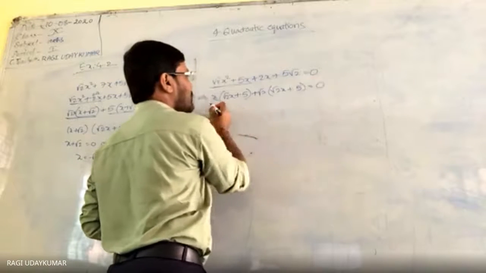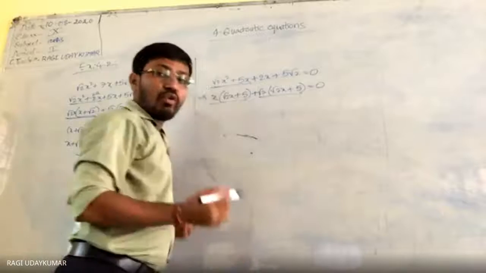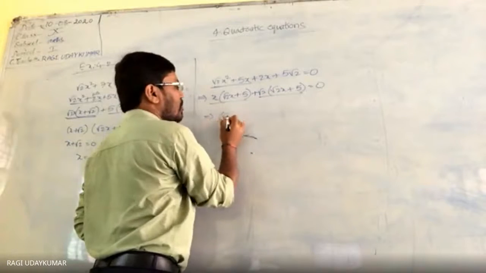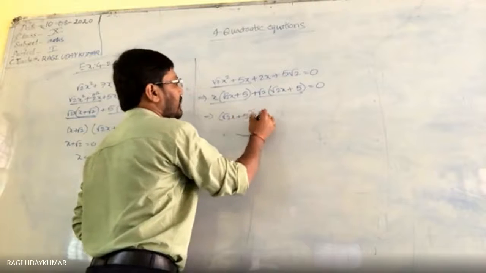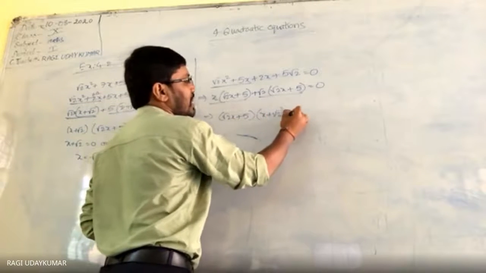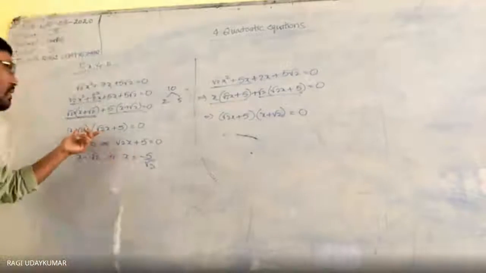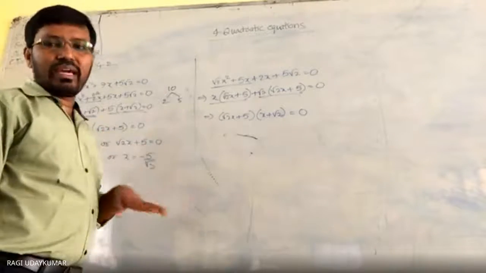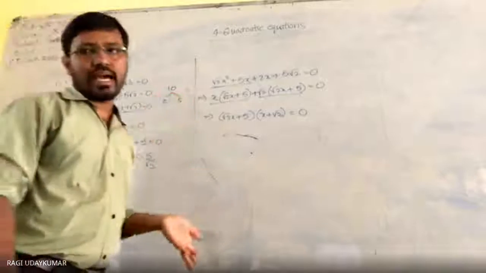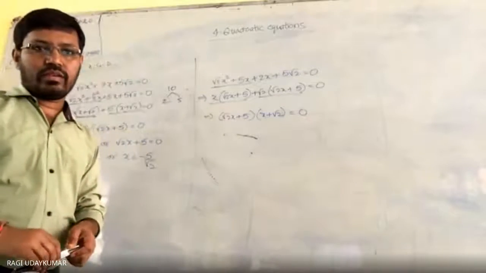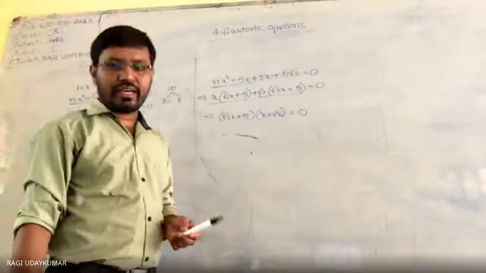See here, this is one term and this is one term. In both the terms, you have root 2x plus 5 as common. So if you take root 2x plus 5 common, x plus root 2 will come, is equal to 0. So you are going to get the same. A into B came here, there B into A came. So that is the only difference. Okay, so now let us go further.